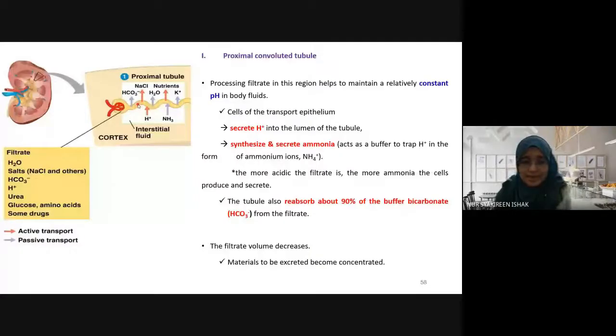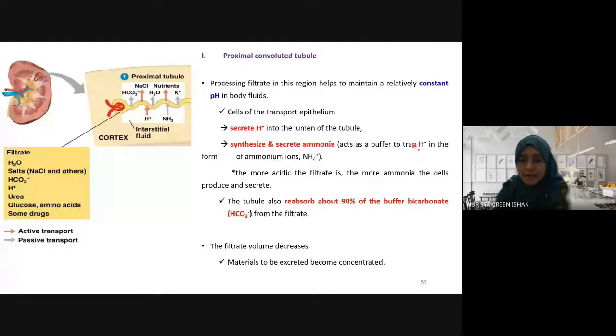So these cells of the transport epithelium are also capable of synthesizing and secreting ammonia. When there are more hydrogen ions secreted into the filtrate, it means that the transport epithelium will produce and secrete more ammonia. The function of this ammonia is to act as a buffer to trap hydrogen ions in the form of